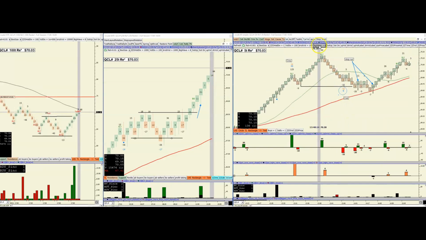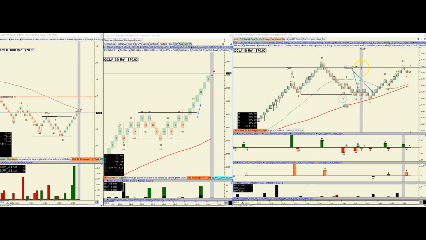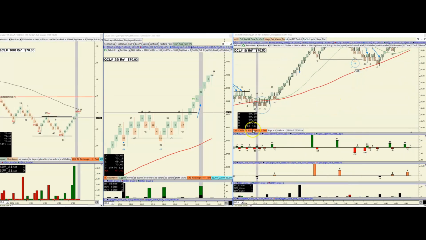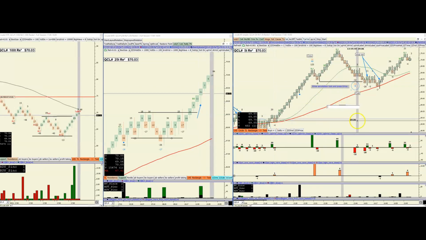It's going to produce divergences, it's going to produce sell signals. And what happens after? It goes right back up. So the point here is when the markets are in uptrends, do not short, because